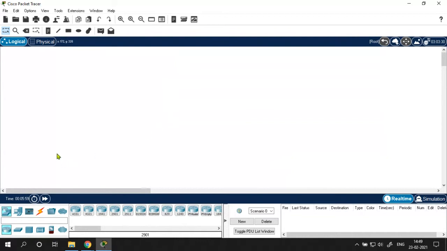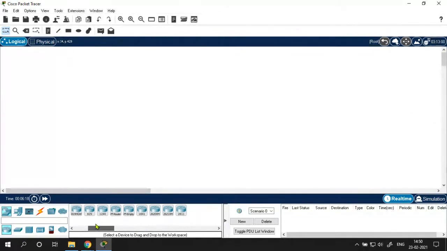The next important component is this. If you come to the bottom side, there are network devices. There are various network devices such as routers. There are various series of routers.